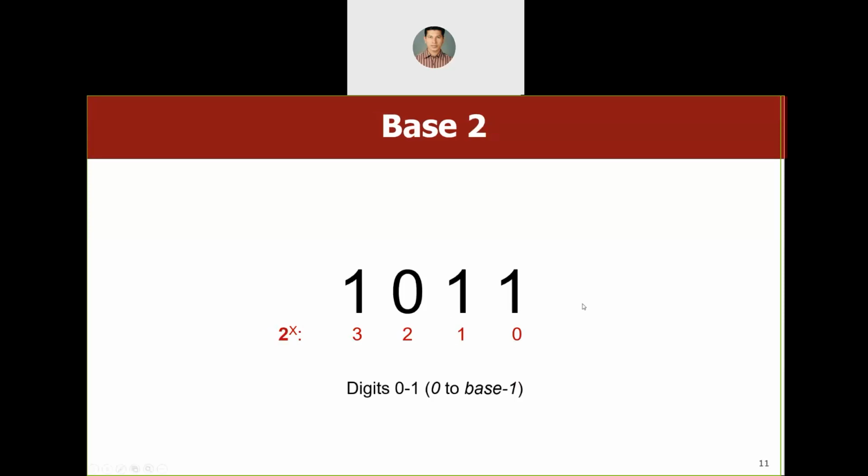Now take an example of base 2. If it is base 2, that means it's a binary number. Base 2 is binary. Binary means two digits. So here again, suppose you want to convert 1011 into the equivalent decimal number. So what should it be? 2 raised to 0, 2 raised to 1, 2 raised to 2, 2 raised to 3. Multiply with these, add all those numbers, and you'll get its total in decimal.